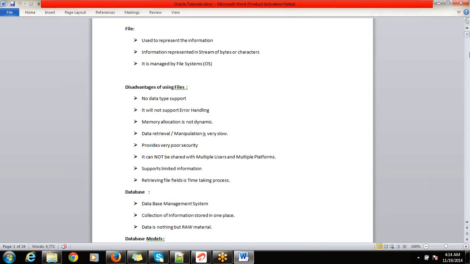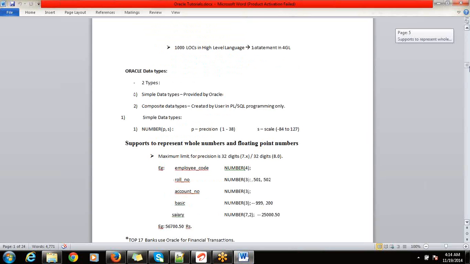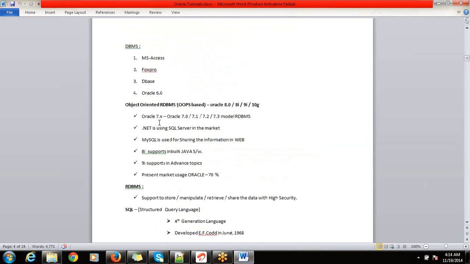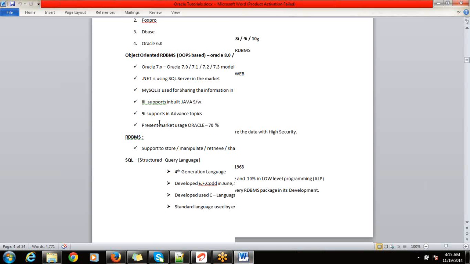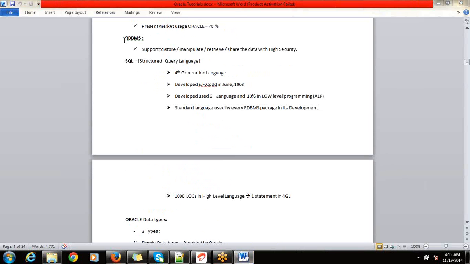Hello. Yes, let me take you into the various sub-languages. Yes, you can see here, this RDBMS is used to support storing the data.